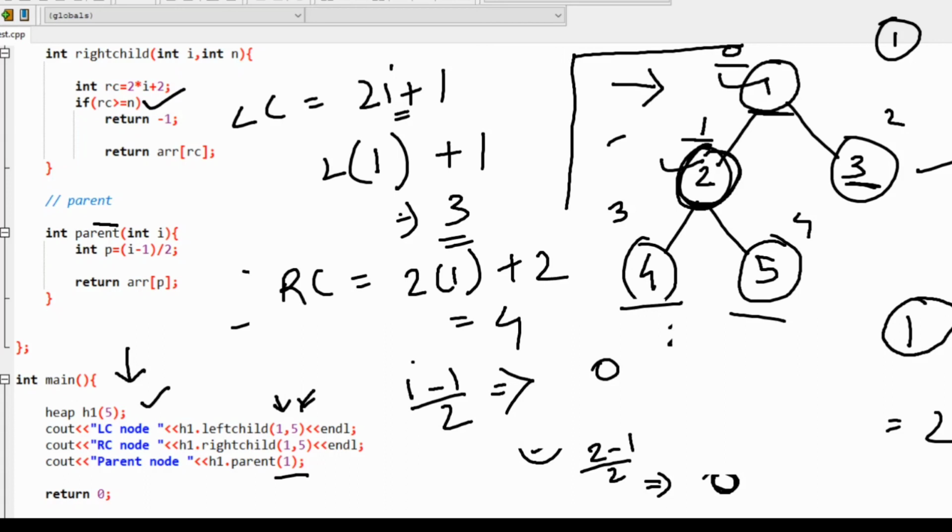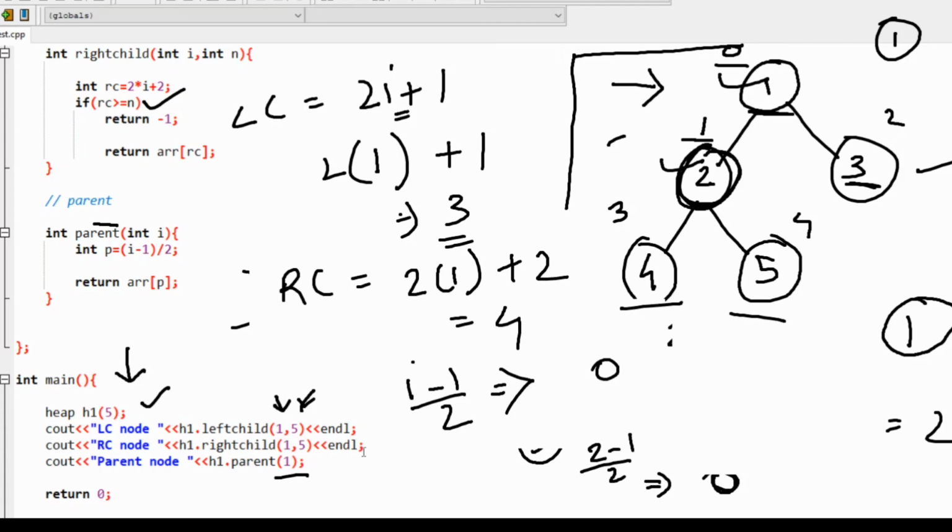Okay, so the output will be 4, 5, and the parent of the node at index 1 is the node at index 0. Okay, and the value of that node is 1.